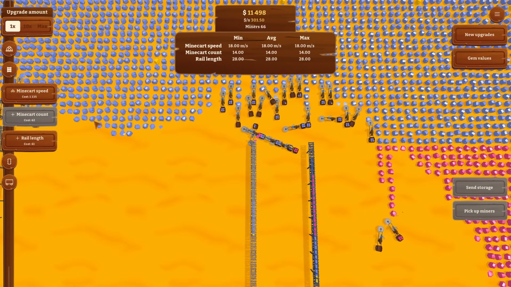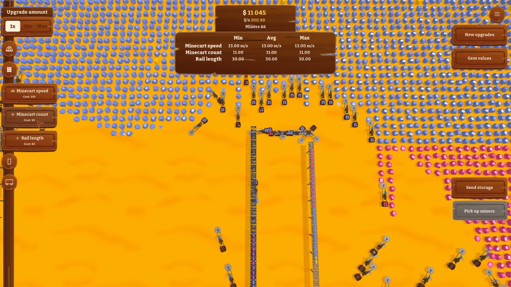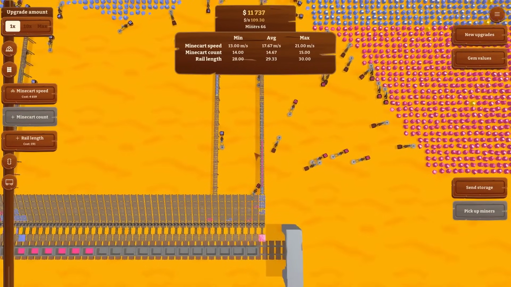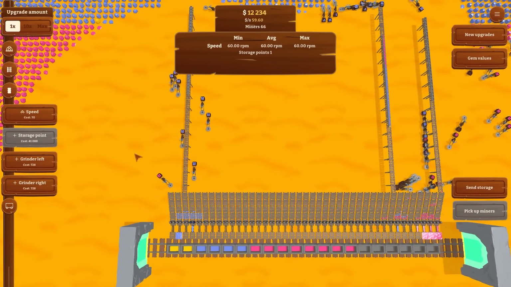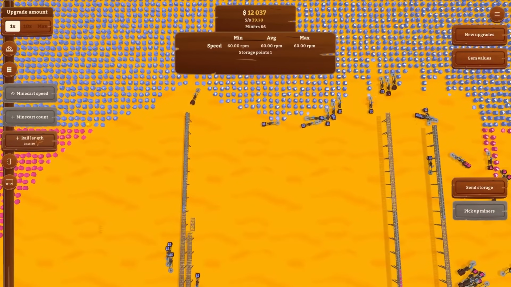Here we go. More minecarts. More minecart speeds. Rail length, minecart count as well. Clearly we need to get more because there's a little bit of a log jam up here. We should probably try and have two next to each other, so when one is in operation,